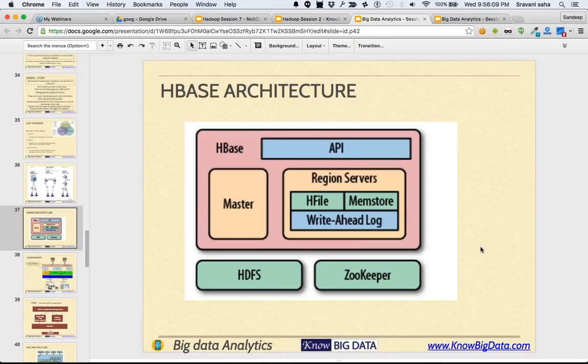Again, every row in HBase is marked with a unique identifier, which you will have to specify. Every row is supposed to have a primary unique key, and the data is ordered based on that primary unique key. All right, now moving ahead. So that was about the HBase architecture we have talked about.